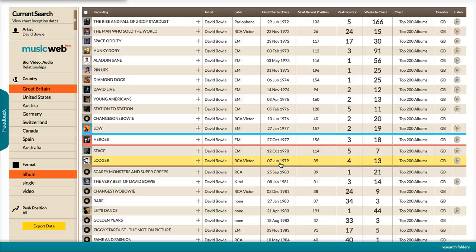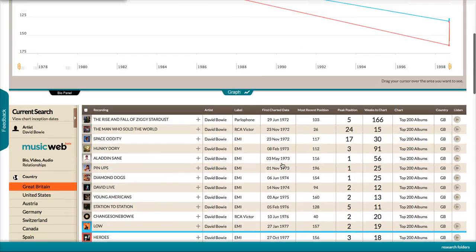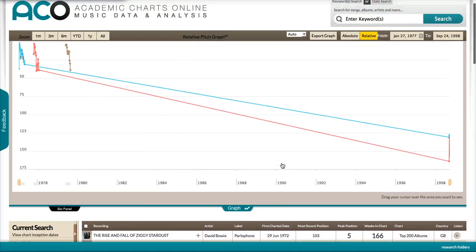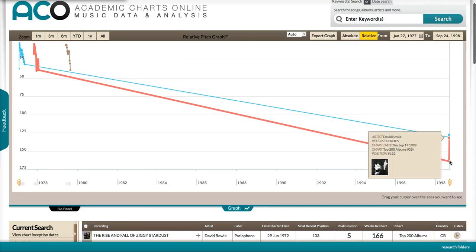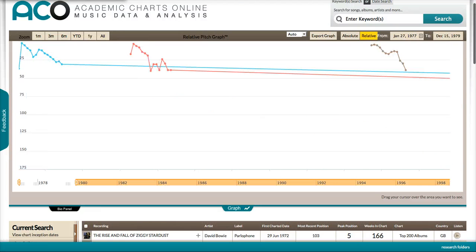By selecting them, they appear in the graph, and you can see that 2 of them appear in the charts 10 years later in 1998, Heroes and Low, which recharted. You can enlarge this area to have a look and see that the graphs are slightly different. Now let's do some detailed research. We're looking at them in relative time, but if you toggle with this button, you can see them in absolute